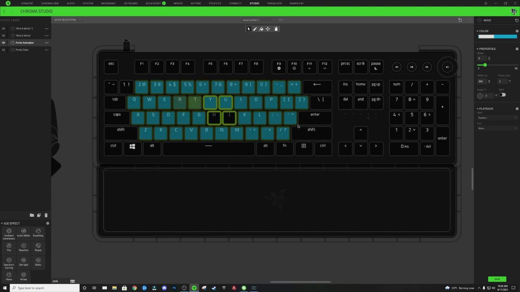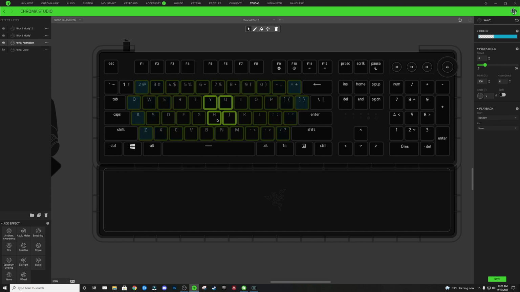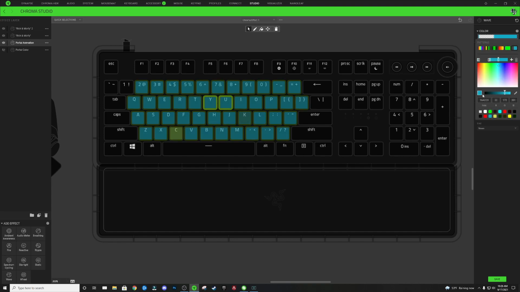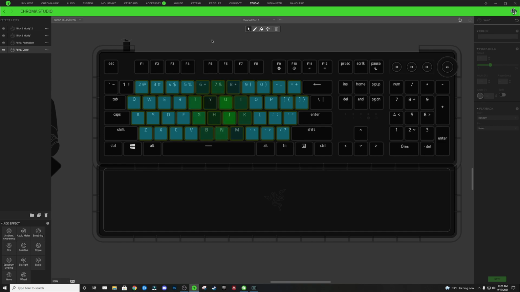and last but not least, we're working on our middle section here. We're just going to deselect H and J, click on our blue node, and hit the addition. That's all we have to do. So now, if we unhide our portal effect layer and we hit save, you can see it'll spell out Rick and Morty, and then our portal will open up and close. Rick and Morty,